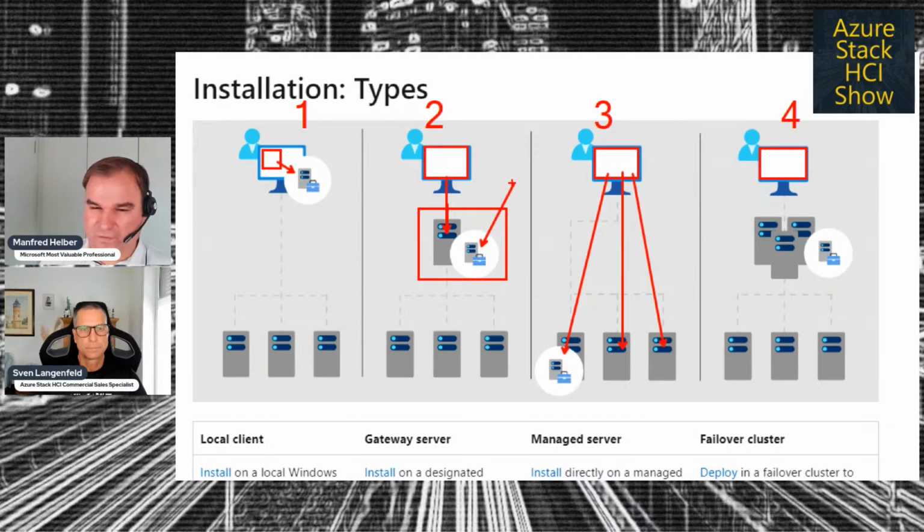domain controller. If we use the option to run Windows Admin Center from the Azure portal, then it can also be used to manage a domain controller directly. So if you prefer option 3, and if your Windows Admin Center instance is operated via the Azure option, then we have the advantage that we can also manage the domain controllers and we don't need this infrastructure host. Option 1 is interesting if you have different admin workstations where you want to run the Windows Admin Center locally on the machine. And option 4,